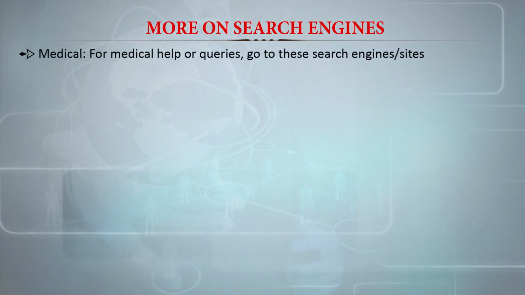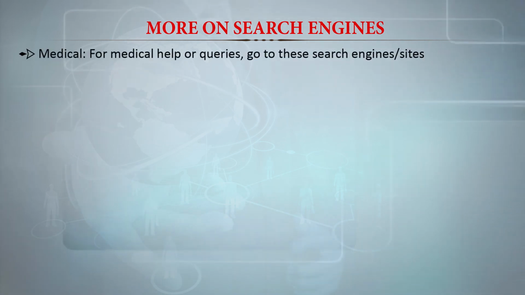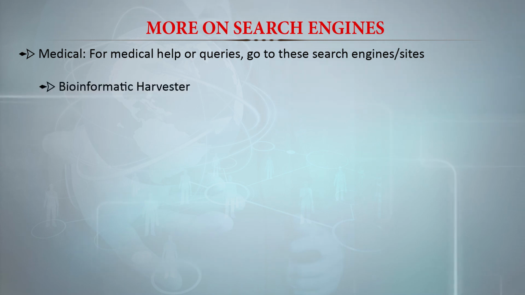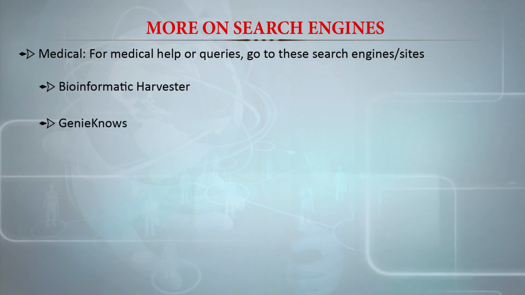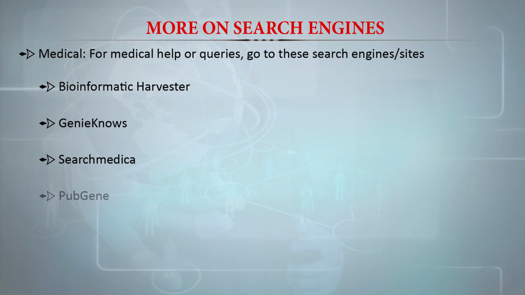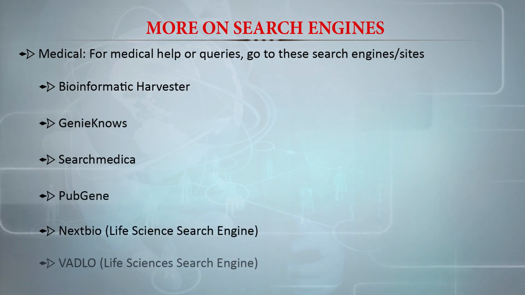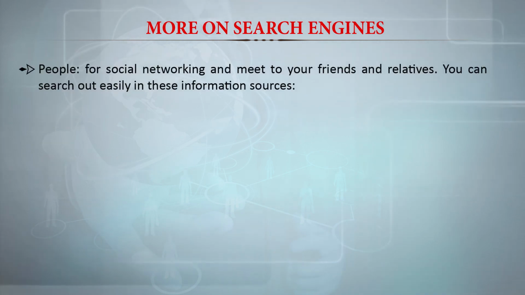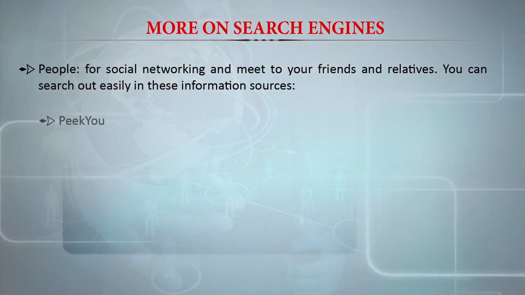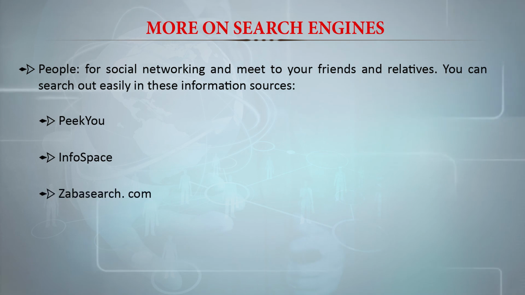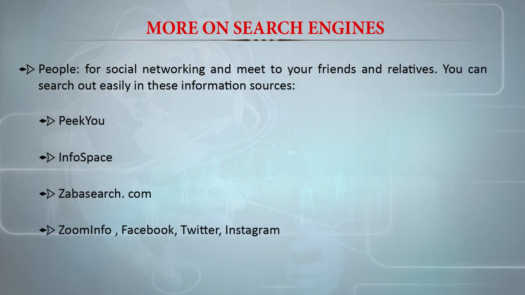And in the case of medicine, we also have Bioinformatic Harvester, Genieo, Search Medica, PubGene, NextBio, Vadlo. And to find information related to people, it is possible that we use PQ, Infospace, javasearch.com, ZoomInfo, Facebook,